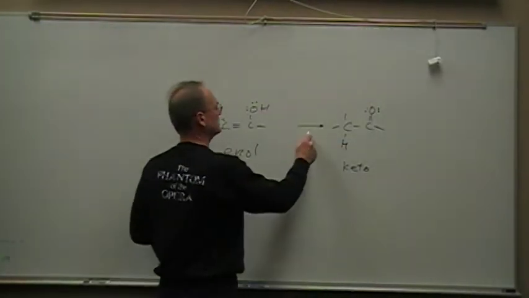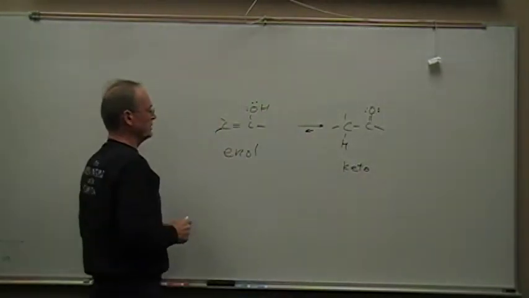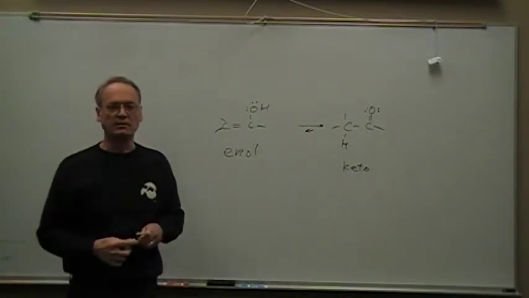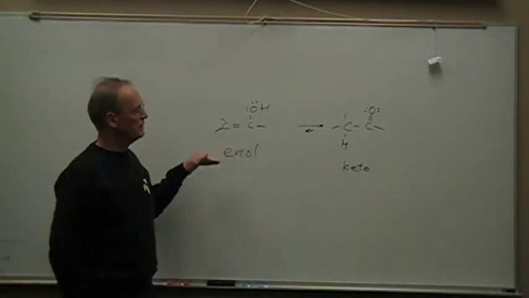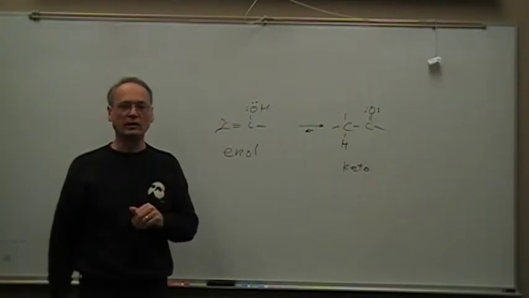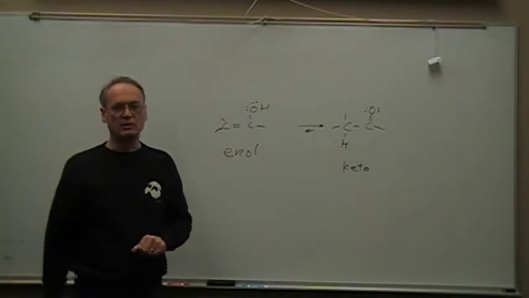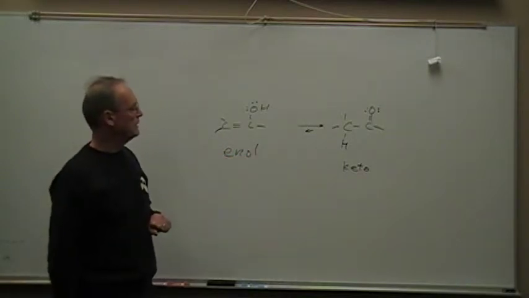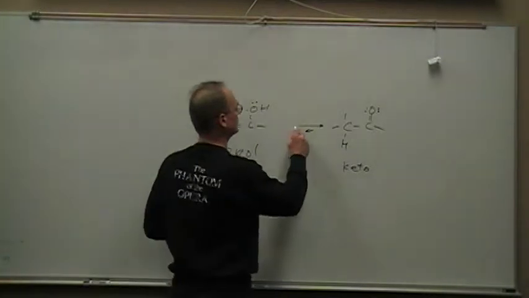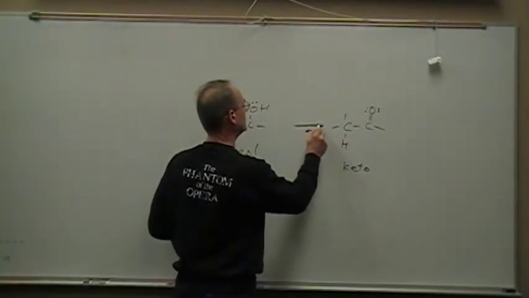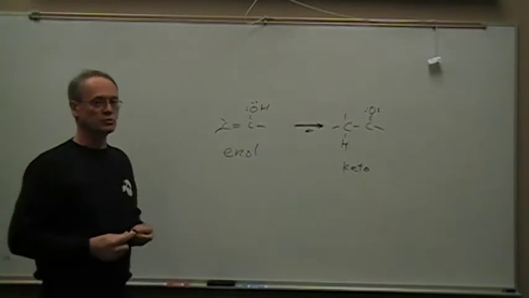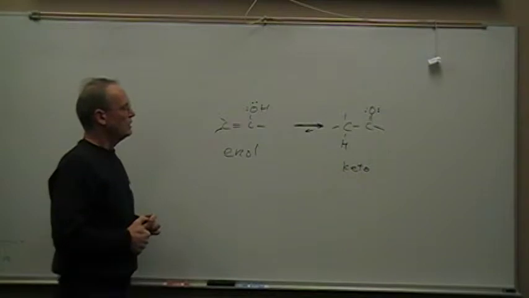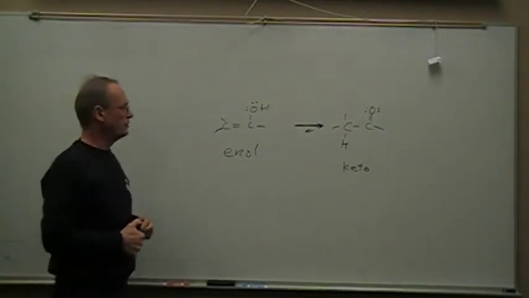Also, you should know that this is an equilibrium, and that the enol tends to be the less stable of the two forms in most cases. There are a few interesting cases, of the keto and the enol form that you can always draw for any ketone or any enol, where the enol tends to be more stable, but usually it's the keto form that's more stable, so we'll draw the arrow pointing in the direction of the keto form primarily because it's usually the form that exists under normal conditions. Okay, that's just a little bit of review of enols,